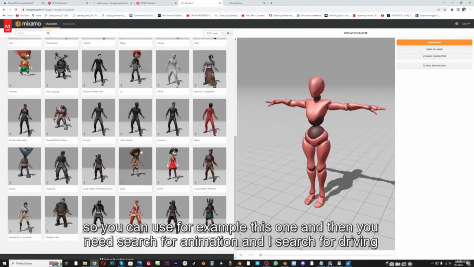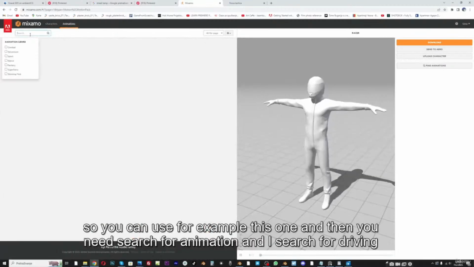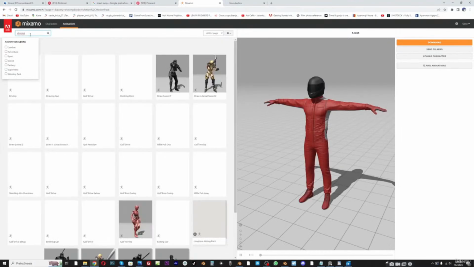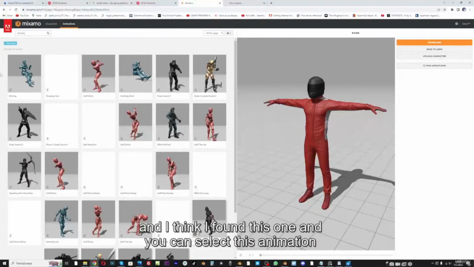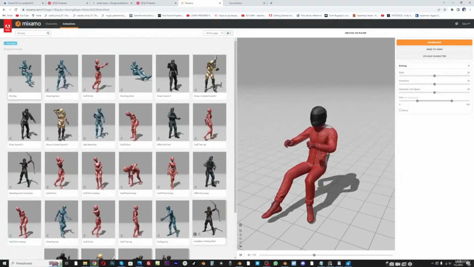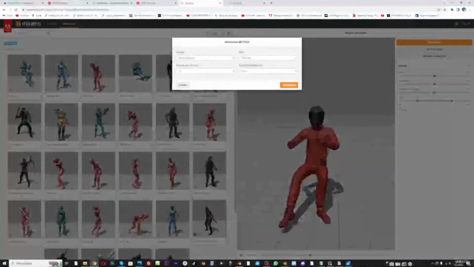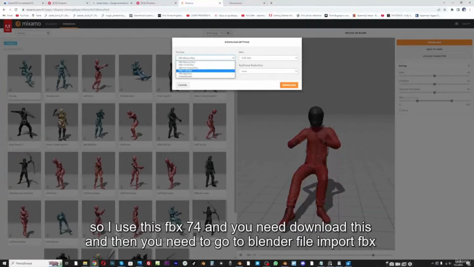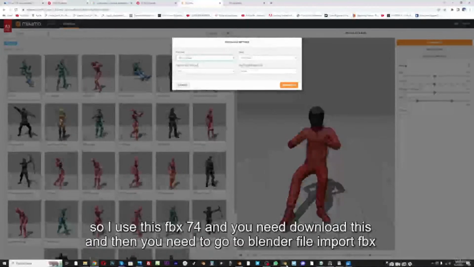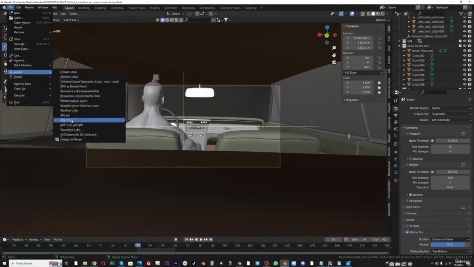So you can use, for example, this one, and then you need to search for animation. And I searched for driving, and I think I found this one. You can select this animation, and you get an animated character, and then you just need to download this. So I use this FBX 7.4, and you need to download this, and then you need to go to Blender, File, Import FBX,